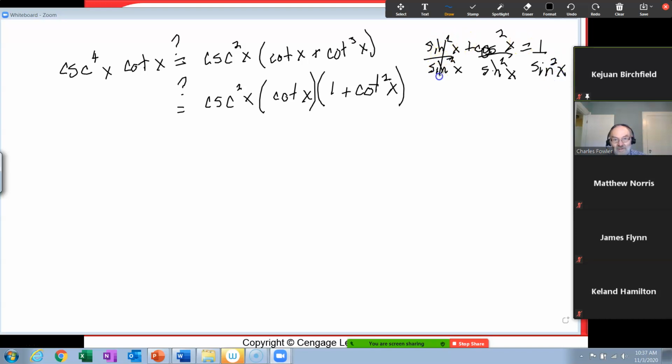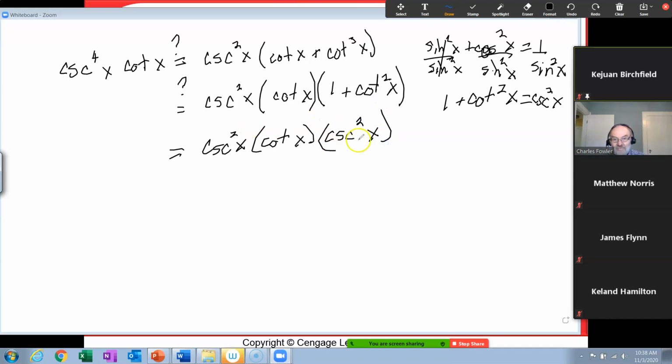Alright, so this becomes 1 plus cotangent squared x is equal to cosecant squared x. Well, there's your 1 plus cotangent squared x is cosecant squared x. So this becomes a cosecant squared x that they gave us. This we factored out, 1 cotangent x. And this 1 plus cotangent squared x is another cosecant squared x. Well, guess what? These two multiplied together gives you cosecant fourth x times cotangent x. And that's exactly what the left-hand side was. Cosecant fourth x